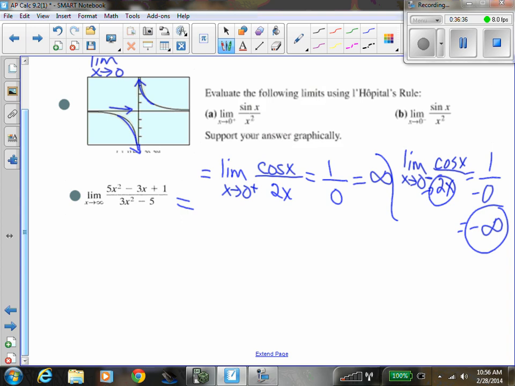In other words, L'Hopital's rule works out for positive infinity and negative infinity like it did for the other. Now,